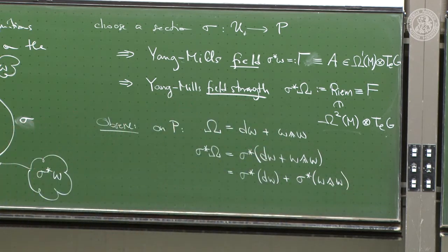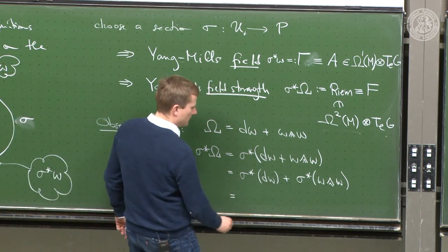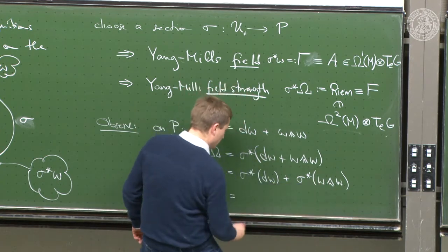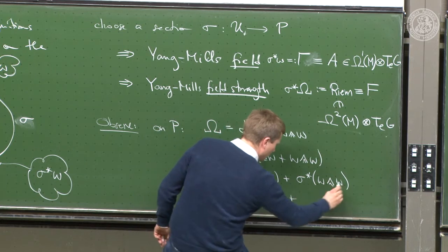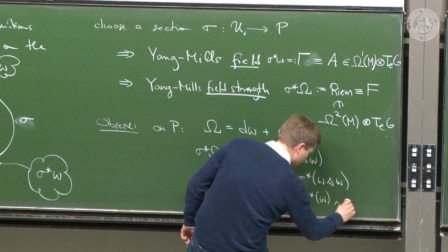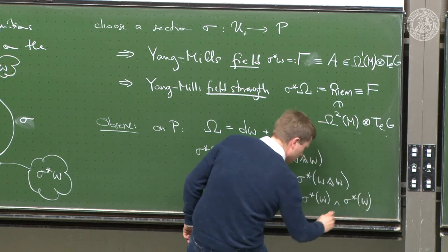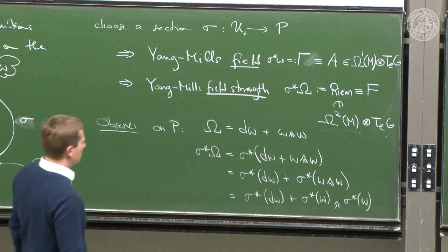But you will now also see that it also distributes over this wedge. So what you get in total,